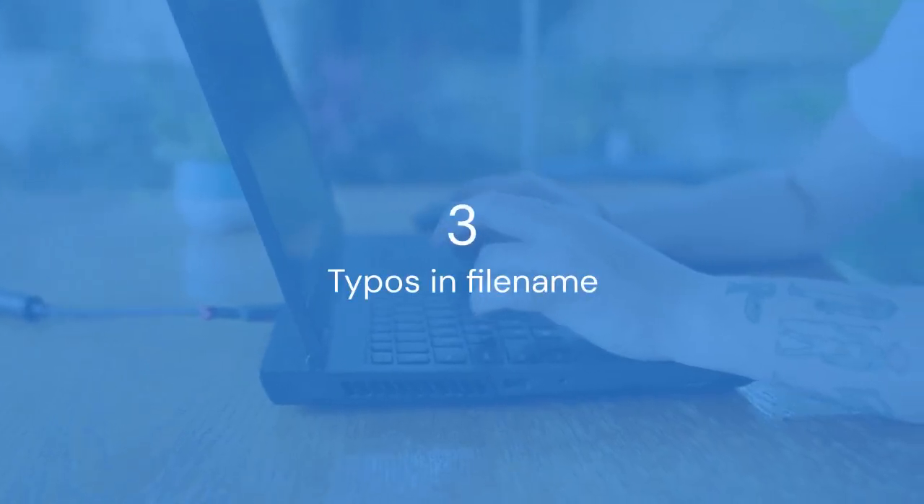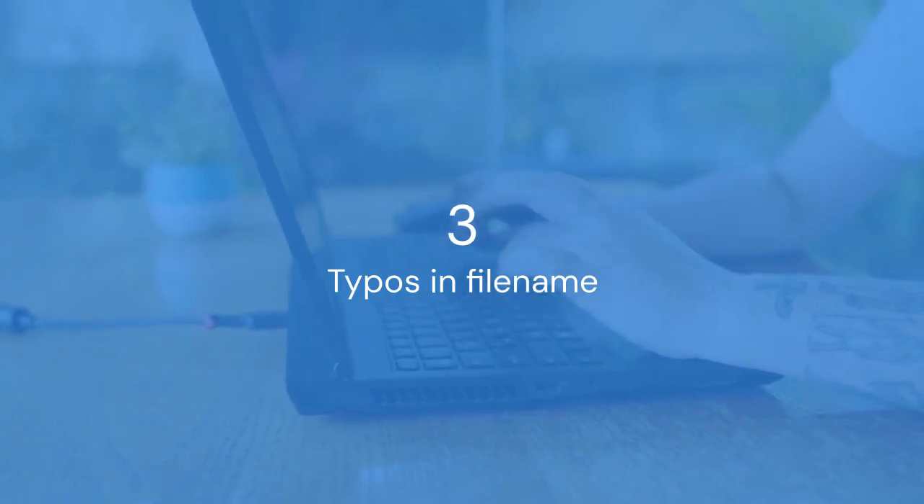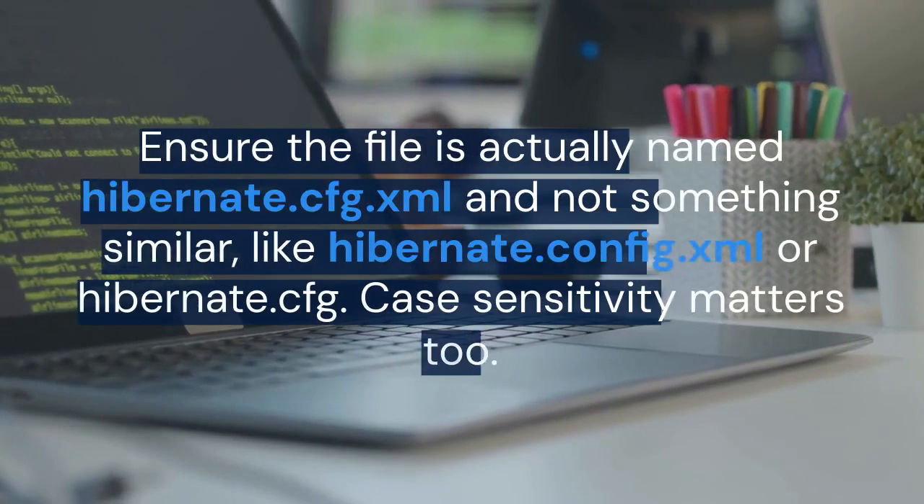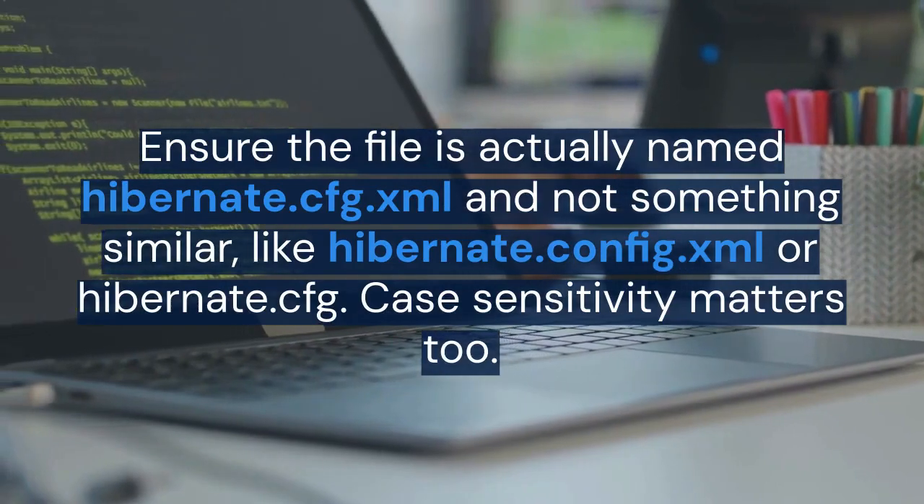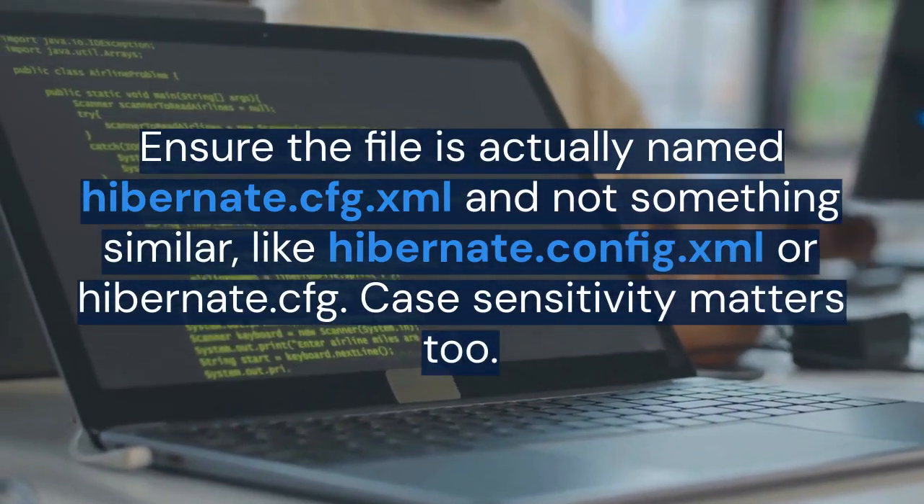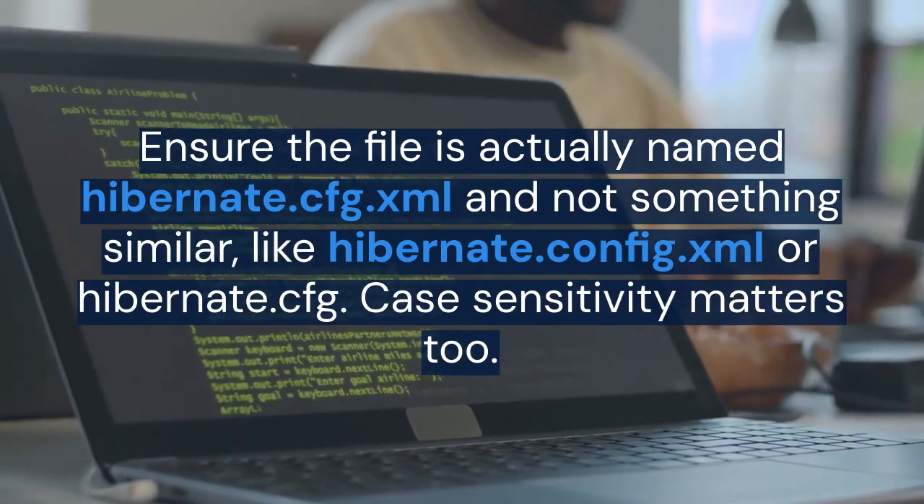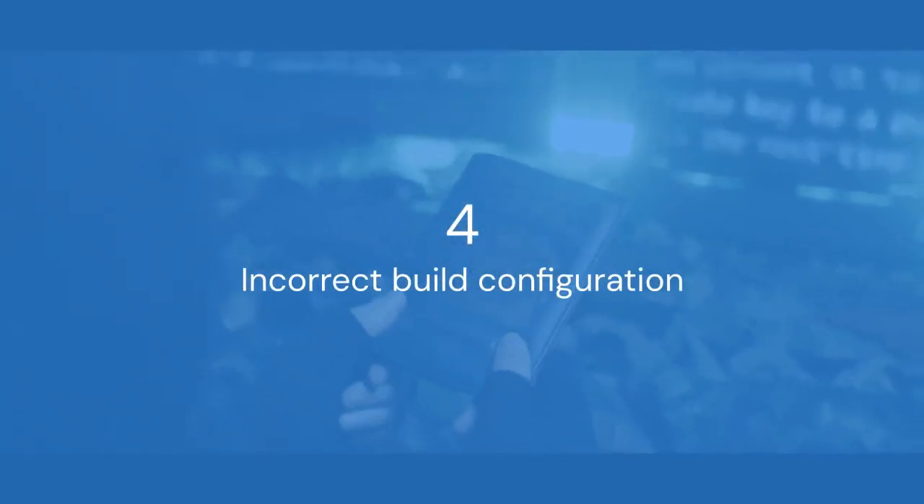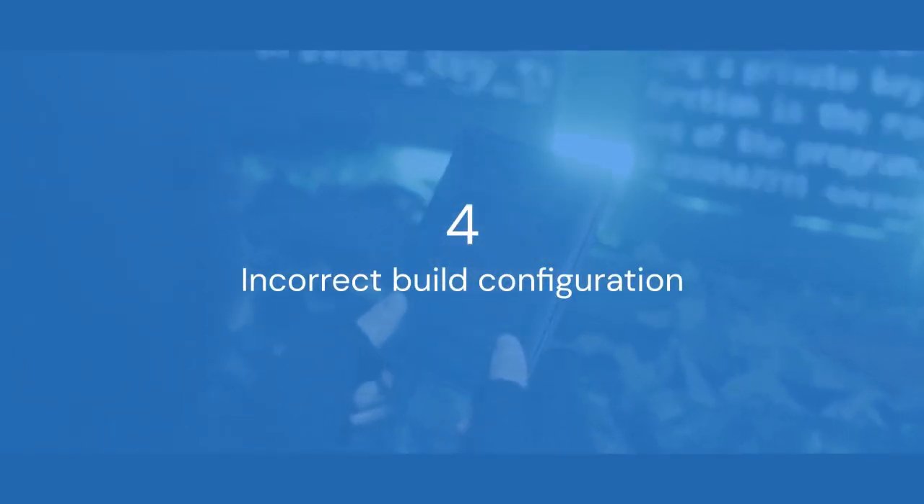3. Typos in file name. This might seem obvious, but typos happen. Ensure the file is actually named hibernate.cfg.xml and not something similar like hibernate.config.xml or hibernate.cfg. Case sensitivity matters too. 4. Incorrect build configuration. If you're using a build tool like Maven or Gradle, the build